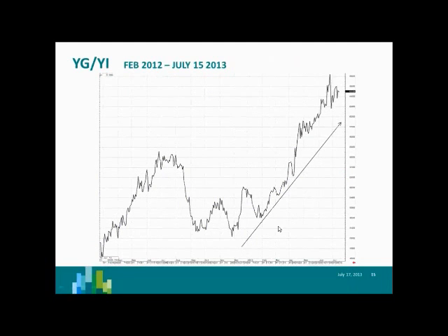Here is a chart that shows the trading opportunity that has been intact for many months. The clear view here is that it's been in a strong uptrend, and if the ratio is in a strong uptrend, that means that